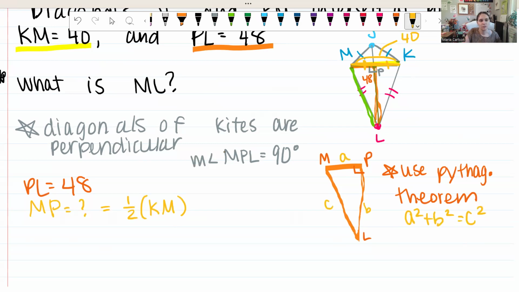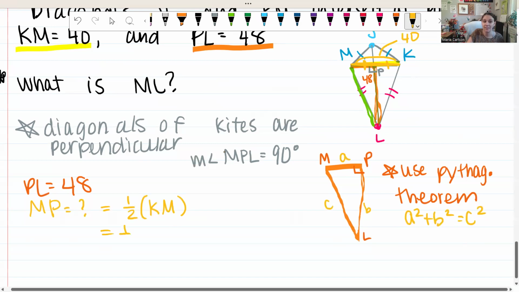This takes practice as well. So if you're feeling super lost and confused, please just follow along and then spend some time in the OMHS practicing. And we know that KM is 40, so MP then is half of that, or 20. So MP is 20